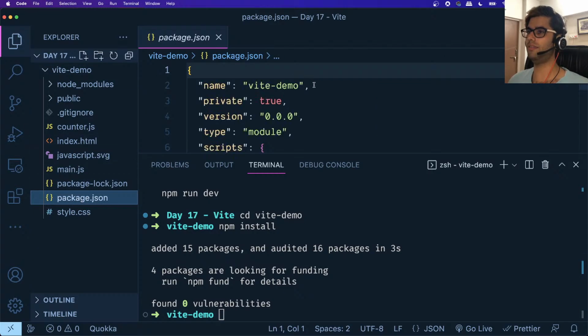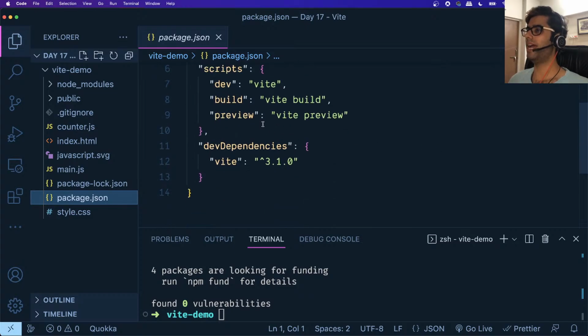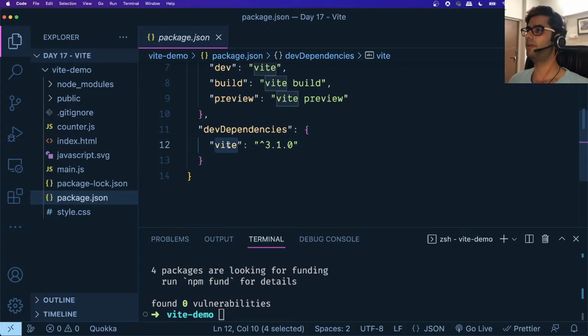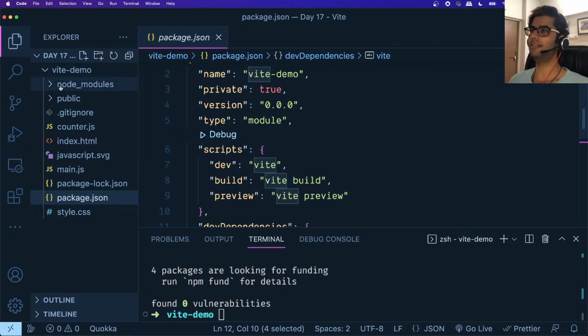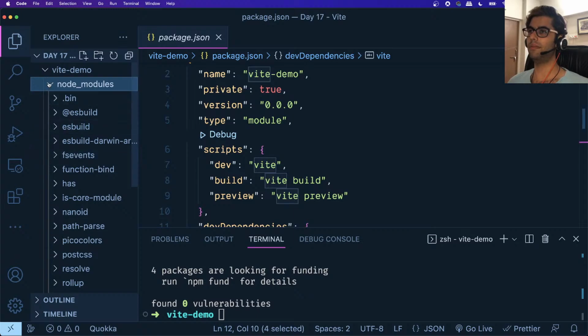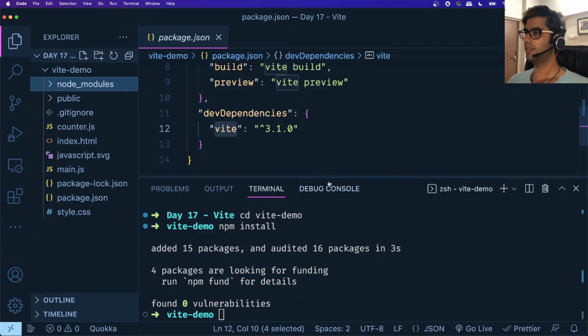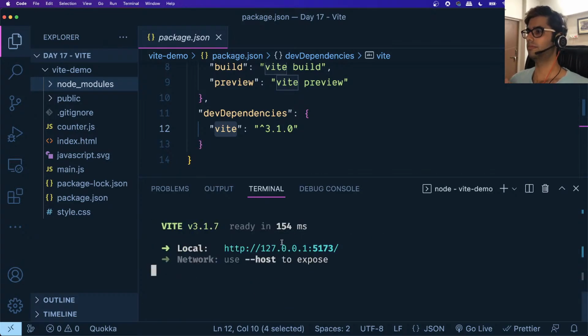Let's take a look at package.json. You can see that it has already added some scripts. There's a dev dependency, which is Vite, and that's it. And if we take a look at the size of node_modules, it is much less compared to the node_modules which we had when we were using Webpack, right? And let's run this command, npm run dev. Okay, so you can see that by default when we're using Vite, it is serving the contents of our website on this port number. So let's click on this,